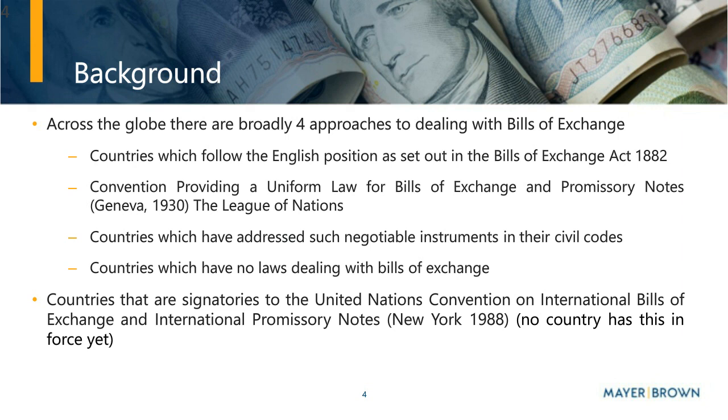It's worth also mentioning that in 1966, the United Nations set up a committee called the United Nations Committee on International Trade Law, otherwise known as UNCITRAL, with the purpose of studying the problem of harmonization of the laws relating to international trade. And after 2 decades, in 1988, the United Nations published and adopted the Convention on International Bills of Exchange and International Promissory Notes. But although certain countries are signatories to this convention, including the US, no country has yet implemented the convention.